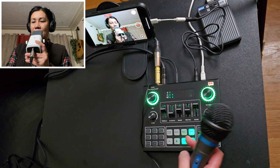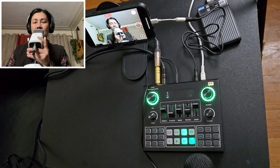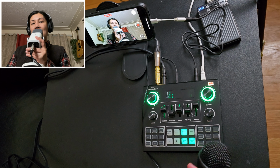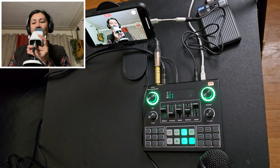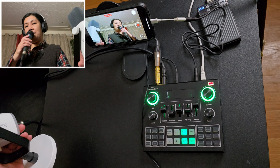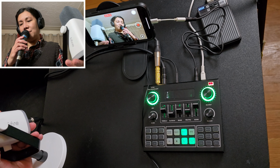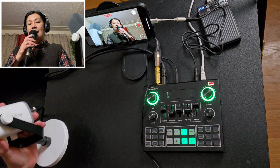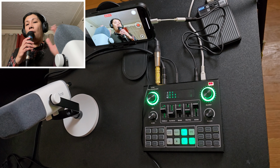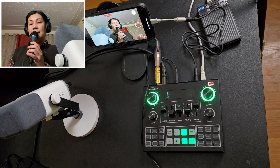Okay, let's try now the major. So this is the major reverb preset from this V9 Live sound card. Sound check. Testing 1, 2. And this time, this is the Apex 850 dynamic microphone. Sound check. And by the way, just to remind you that not all dynamic microphones are something like this, that